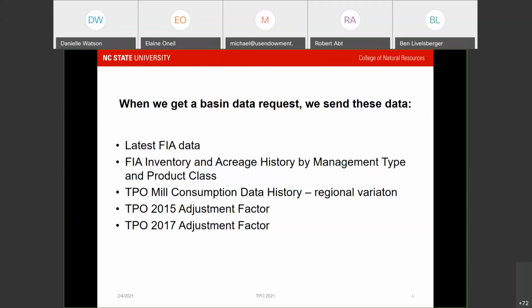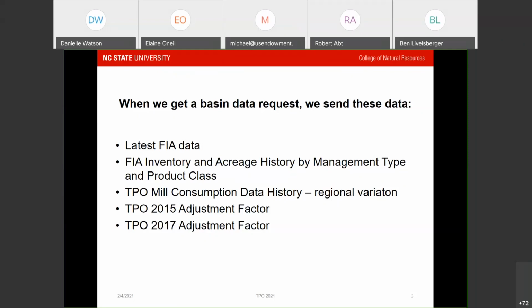And what we send out, almost instantaneously when we have the databases set up for this, is the latest FIA plot data for that region. We also have the history of FIA data for those counties. So we send back the current data, the history of inventory and acreage by management type and product class. We send the whole TPO mill consumption data history to them. And then we send these things called TPO adjustment factors, which I'll describe,